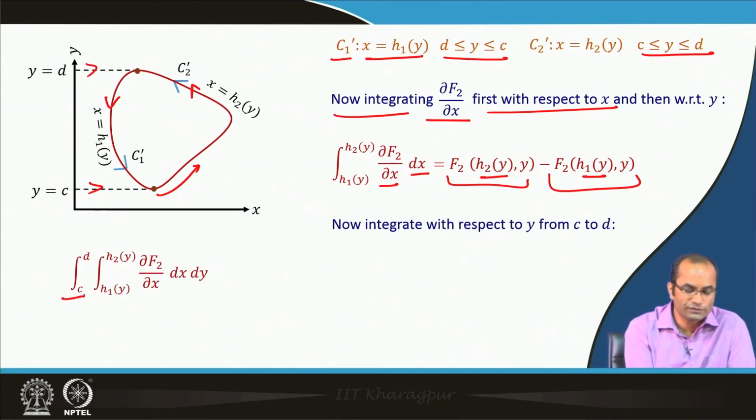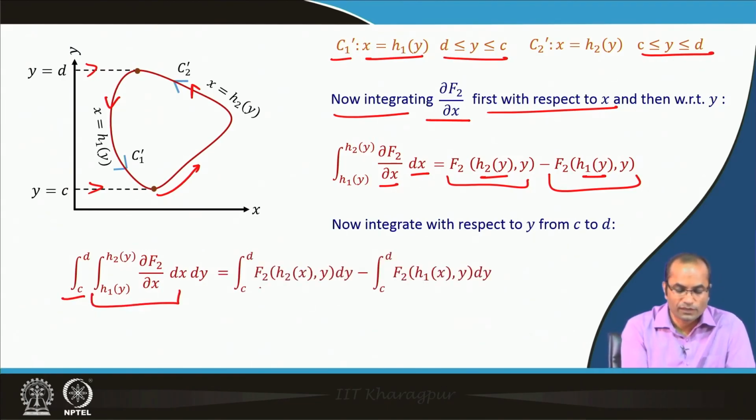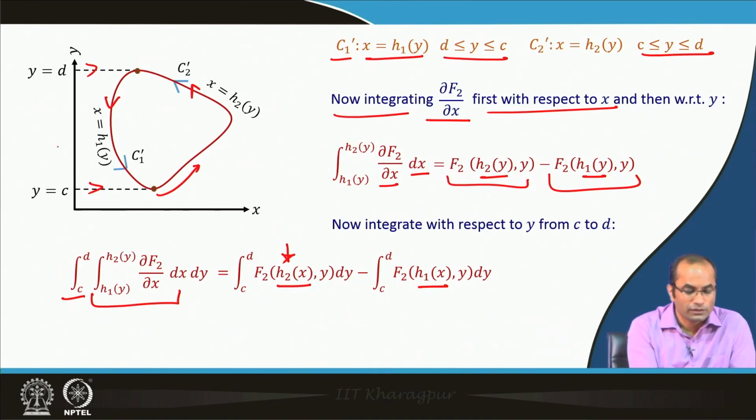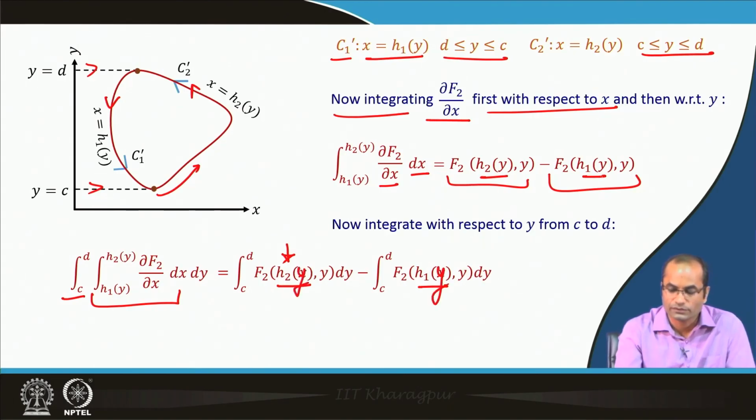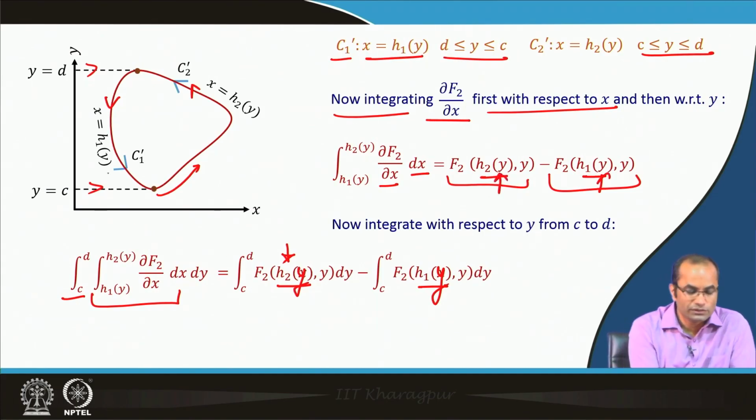So, if we integrate this expression from c to d, we will get the f2 where we have h2 and here we have h1. So, if we consider this one, this f2, the x component is replaced by h2(y). So, this is y and this is also y, because this was y here, this was also y. So, this is replaced by h2(y), that means we are on this curve moving from c to d